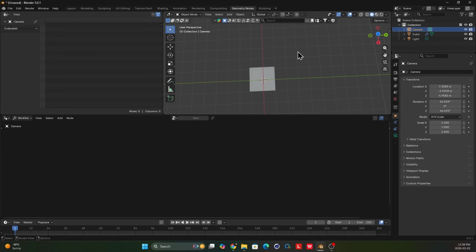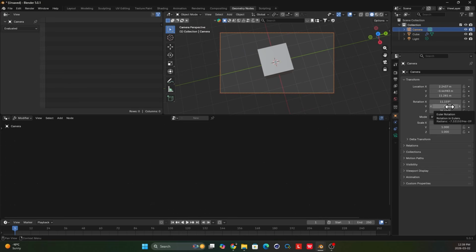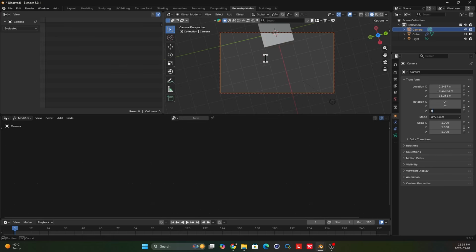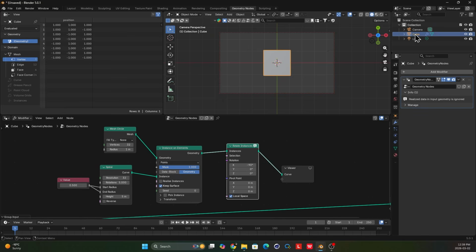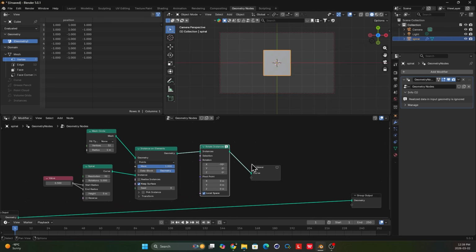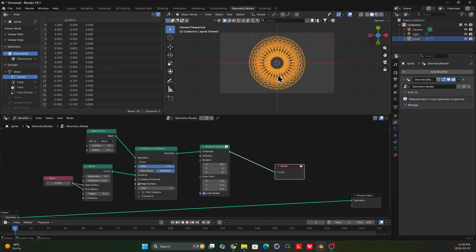And first, let's change the angle of this camera. So we have this parameter here, change them to 0. Okay, and put it in the center. We will tweak the z-axis to make the animation. Okay, change the name of the geometry spiral. So let's go to preview, and